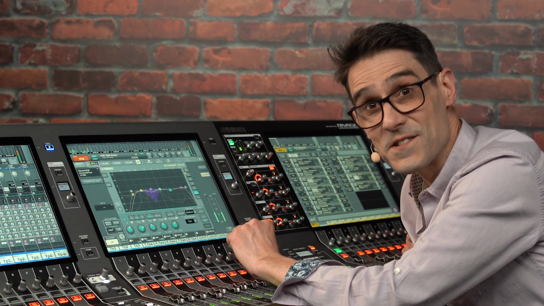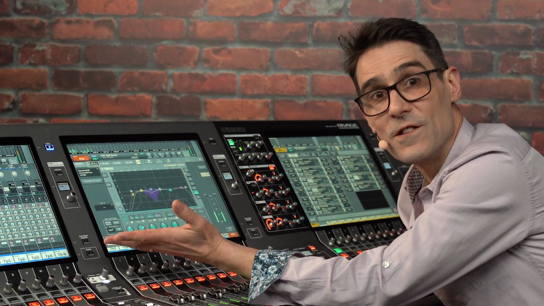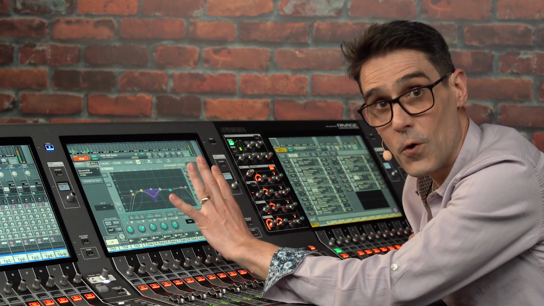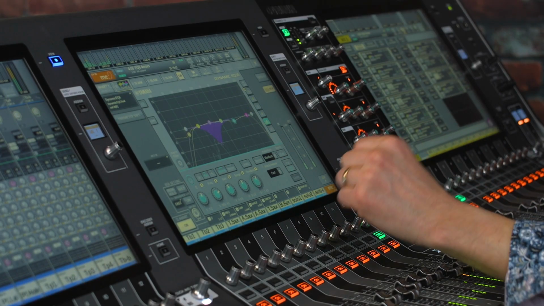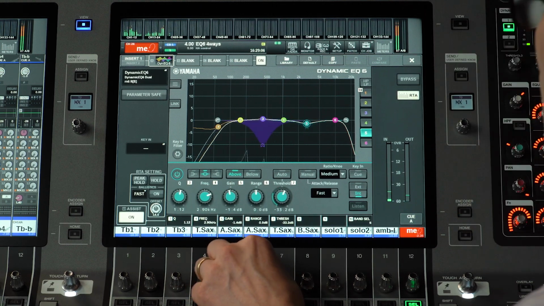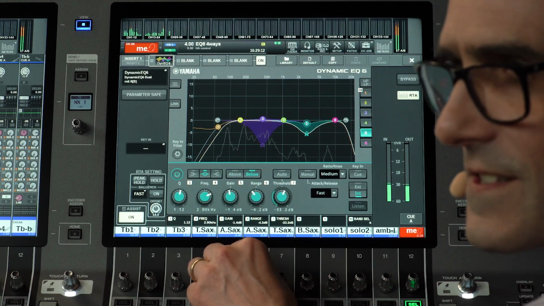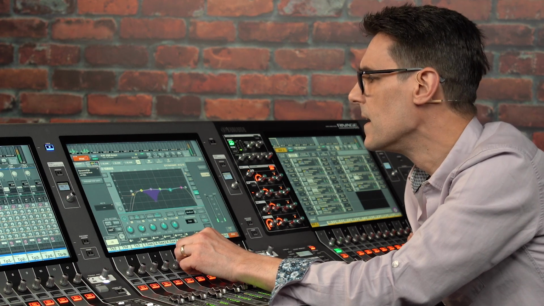The next dynamic function to consider is the choice of above or below. Should the EQ range be applied when the signal level is above or below the threshold? This presents us with 4 possible scenarios for each individual band of EQ. Above with a negative range, or above with a positive range. Below with a negative range, and below with a positive range. Let's think of examples for each one.